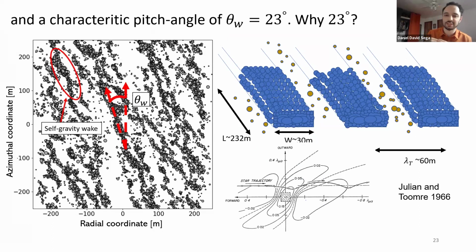People usually explain these gravity waves as a phenomenon that is also understood from galaxies, which is why they call it gravity waves. This is a figure from Julian Toomre in 1966, where he shows that if you have some overdensity here, the stars are going to spend more time close to that overdensity of the disk, and then they're going to create this overdensity pattern. But the stars never actually come together or anything, so that's why it's kind of like a wake.